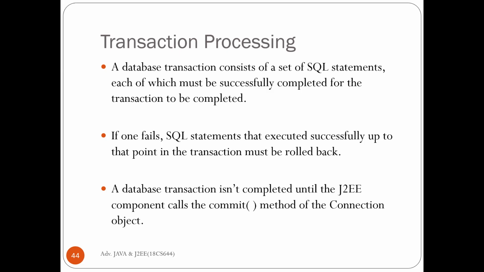There is also a setting of auto commit. In all the previous examples which we discussed, they belong to auto commit, which is the default. In a J2EE component, when processing a transaction, the auto commit feature can be deactivated. There is a method to deactivate the auto commit feature. We can set it to false, and again we can set it to true to reactivate the auto commit feature.